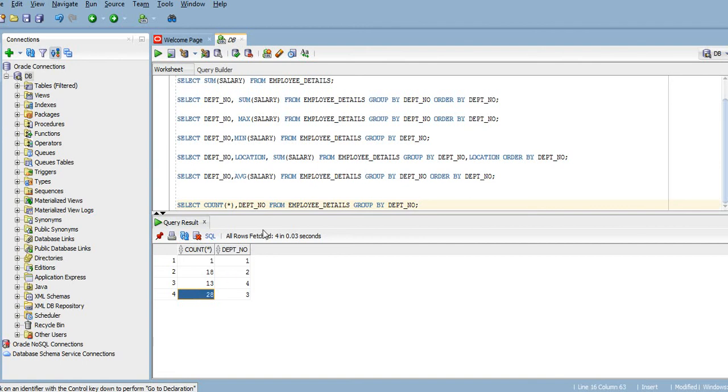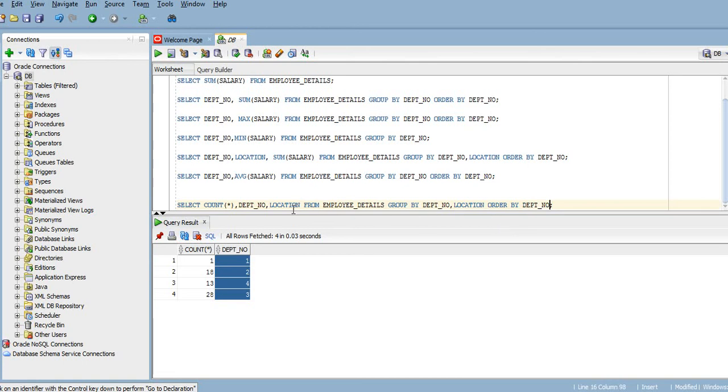Now let me do another thing. Like for department number we have grouped up the data. What if we group up the data based on department number as well as location? Location, in group by also I have added location, order by department number.